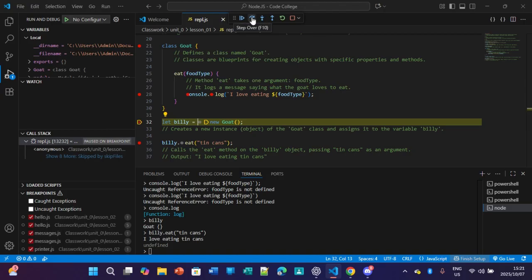Output: I love eating tin cans. So that's what it is. So obviously with anything in your terminal,